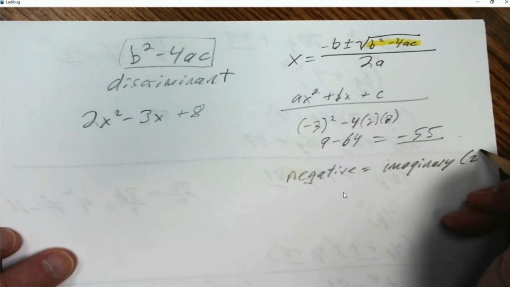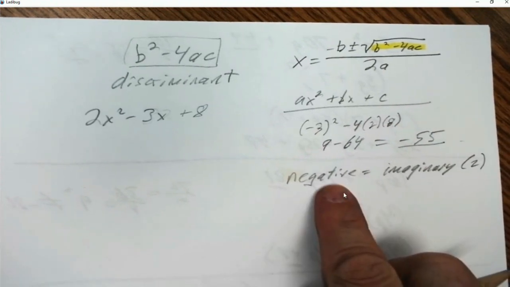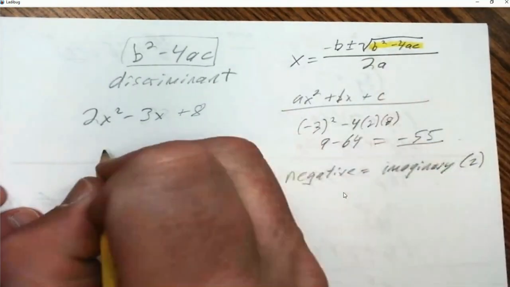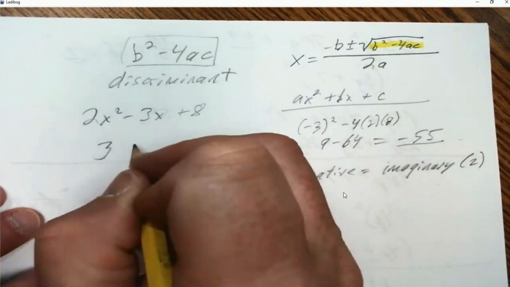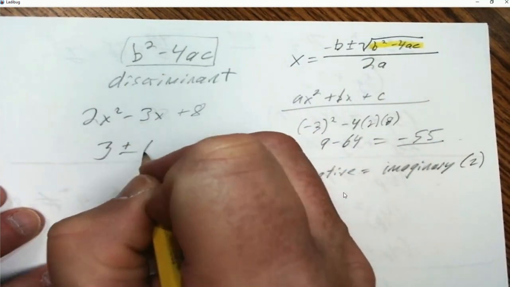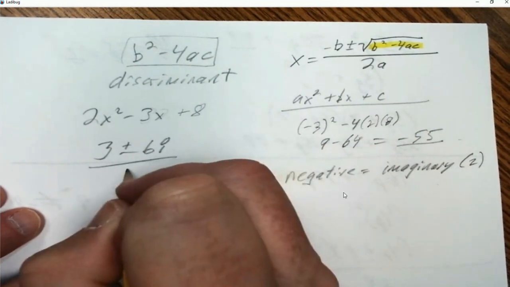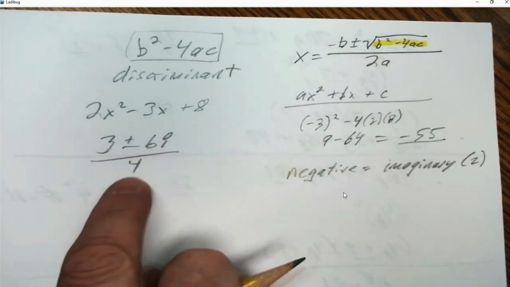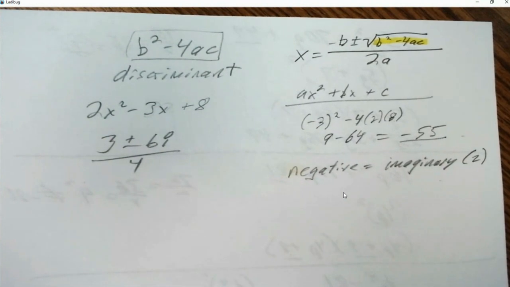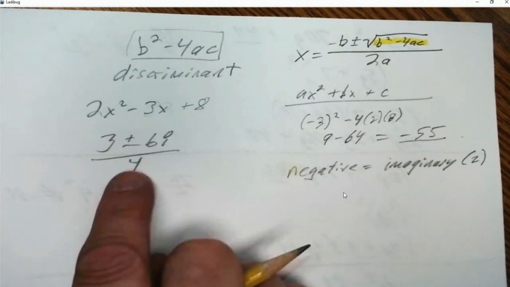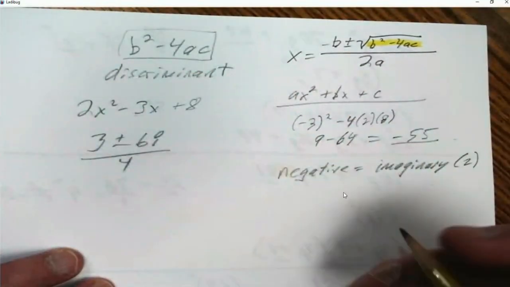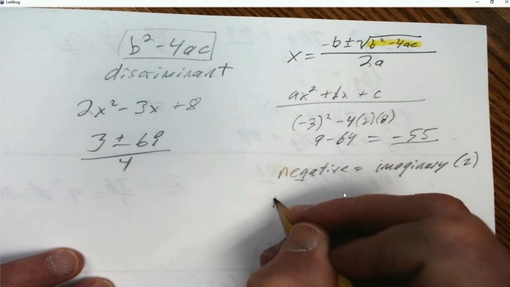And there's two solutions. They're both imaginary. So when you solve this with the quadratic equation, you'll end up with something, and I'm just guessing here, I'm not solving it, 3 plus or minus 6i over 4. Something like that. That would be your solutions: 3 plus 6i over 4 and 3 minus 6i over 4. That would be an example of two imaginary solutions. It's not going to be 1 and 6 or anything like that, because the discriminant was negative. The discriminant was negative. If the discriminant is positive